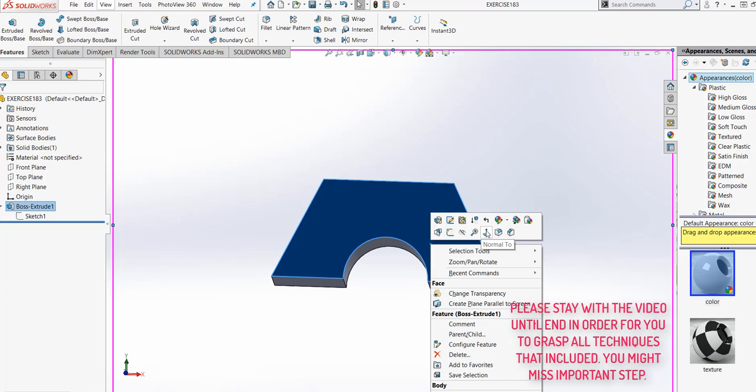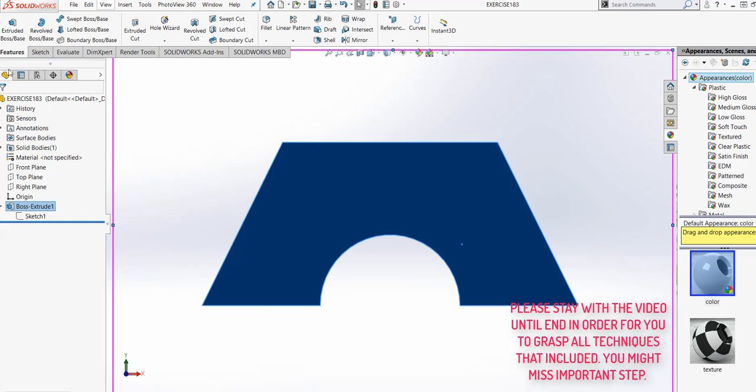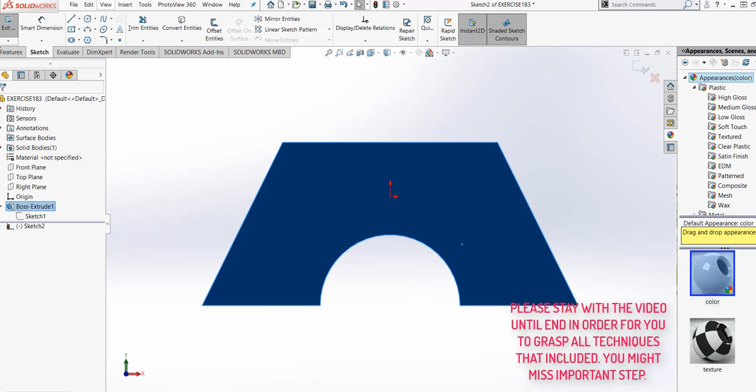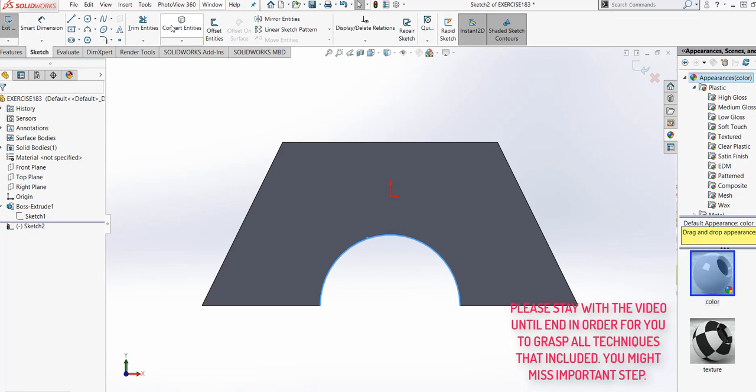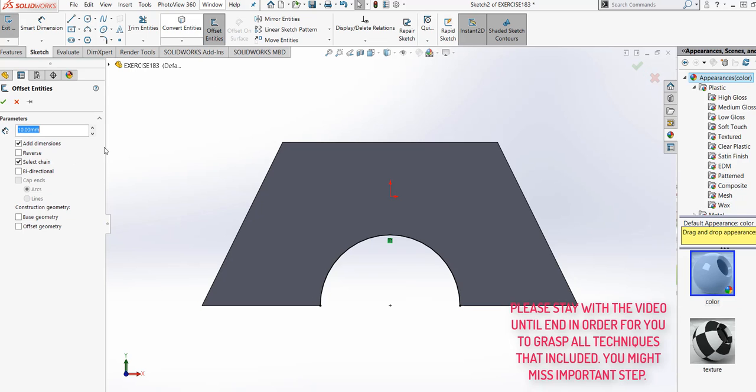And let's make a sketch again. Click the sketch. Click this one to convert entities. And then let's do an offset from here.